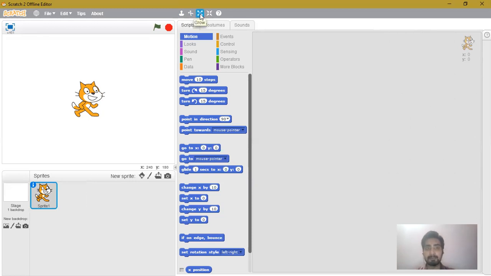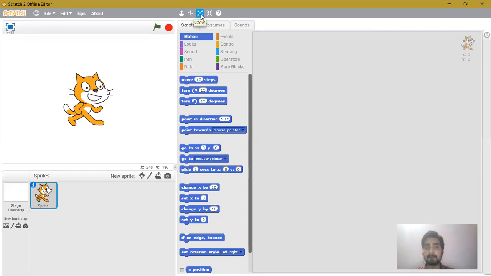Then just after the delete icon, you can see there is one more icon which is pointing outwards. This is the grow icon. This is used for increasing the size of your sprite. So how to use it? Just click on the grow icon. Your mouse pointer will change into that icon, and then click on whichever object you want to enlarge, as many times as you want it bigger. If you want it 10 times bigger, click 10 times on that. If you want it only 2 times bigger, click 2 times. Once you have done, just click anywhere else and your mouse pointer will become normal again.